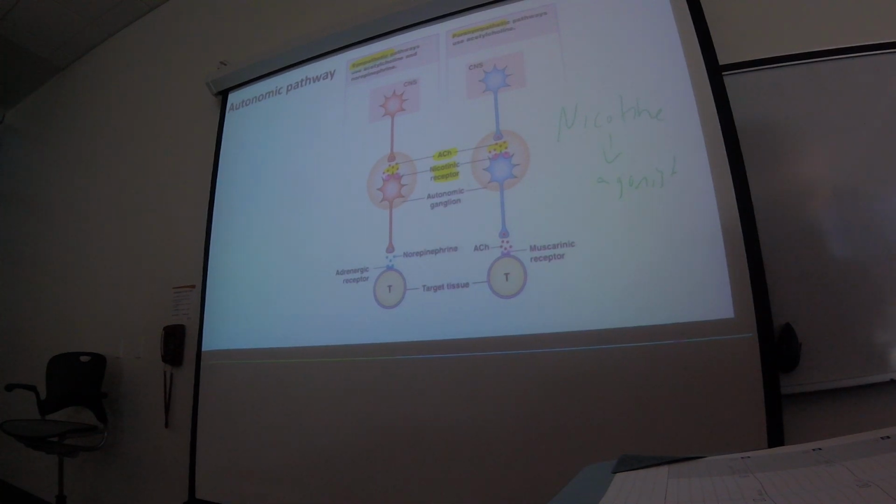But at the postganglionic neuron, this is where we see differences between the sympathetic and parasympathetic pathways, as when they release neurotransmitters to affect the target tissue, it's different. For the sympathetic pathways, it's norepinephrine, right? And they have these adrenergic receptors, right? They're called adrenergic because they're affected by adrenaline, which norepinephrine and epinephrine are. But the parasympathetic pathways will still continue to release acetylcholine, and they have a different type of receptor. They have muscarinic